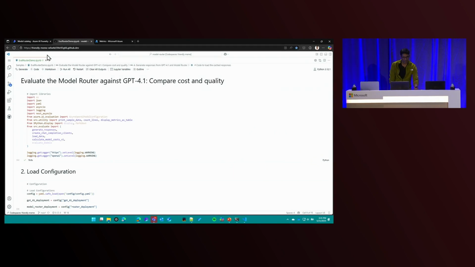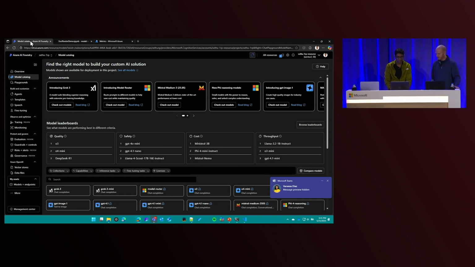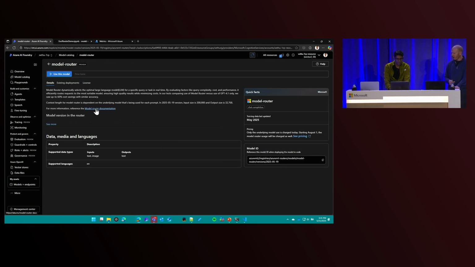We'll hold that thought since the demo machine is up, Setu. You're on. All right. You're live. Why don't you show us model router as we go ahead here? OK. So this is the model catalog. And you can see that model router is right in the model catalog. OK, so it just shows up like a model in the catalog today.